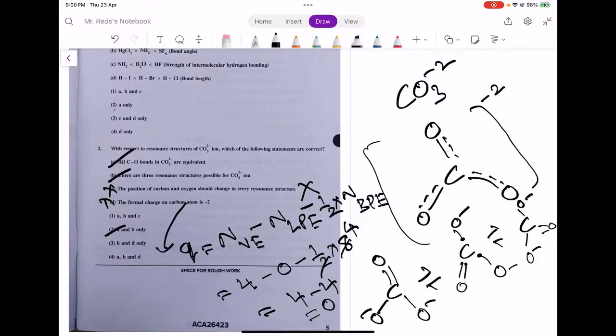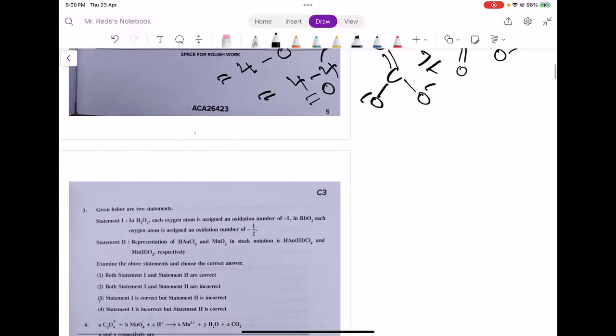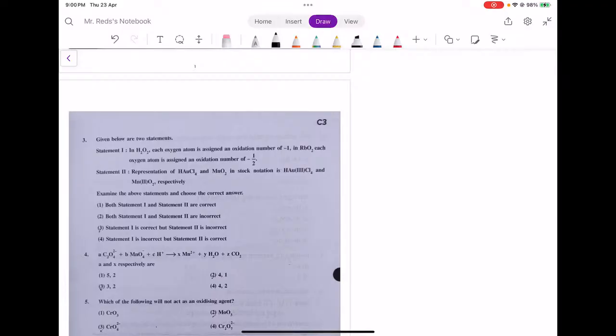Okay, students. Let us go to the third question. Given below are two statements. Statement 1: In H2O2, each oxygen atom is assigned an oxidation number of -1. In RbO2, each oxygen atom is assigned an oxidation number of -2. Statement 1 is correct, students. Why? Because